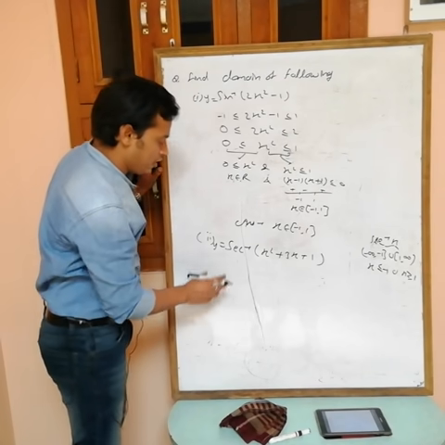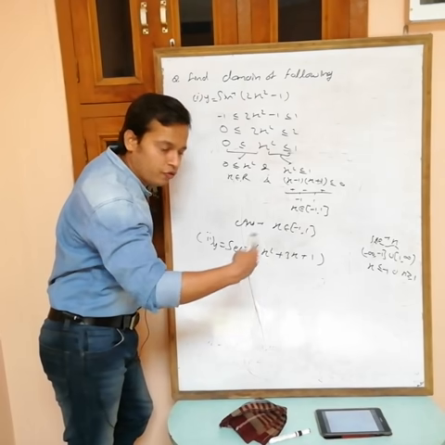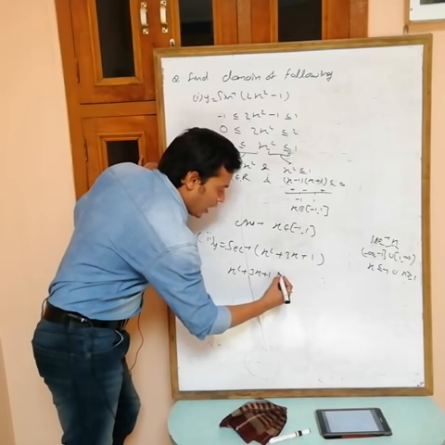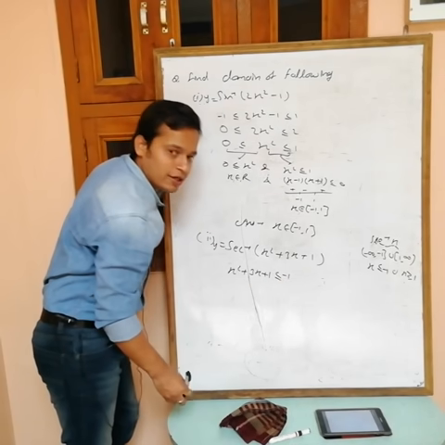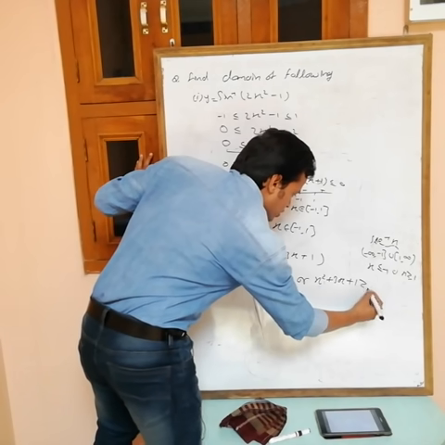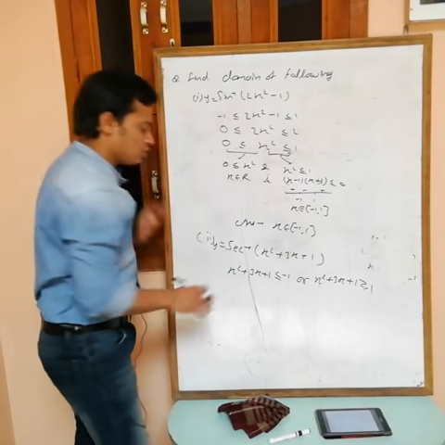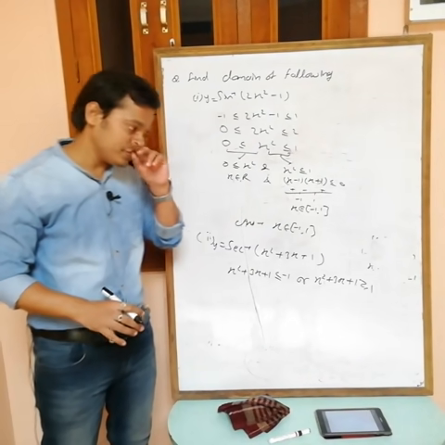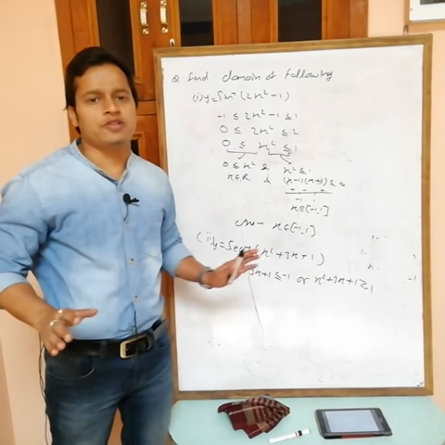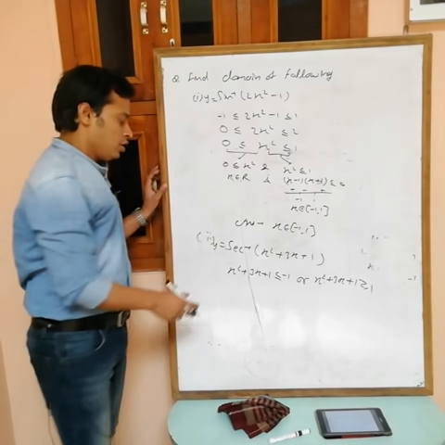So here, if I apply the condition, sec inverse is only defined for minus infinity to minus 1 and 1 to infinity. So x square plus 3x plus 1 must be either less than or equal to minus 1, or x square plus 3x plus 1 is greater than or equal to 1. If it is less than minus 1, then also no problem, sec inverse is defined. Or if it is greater than or equal to 1, then also sec inverse is defined, but it can't take the value from minus 1 to plus 1, between these two.